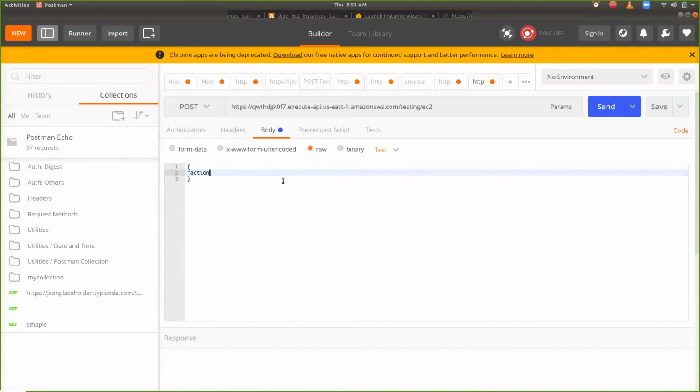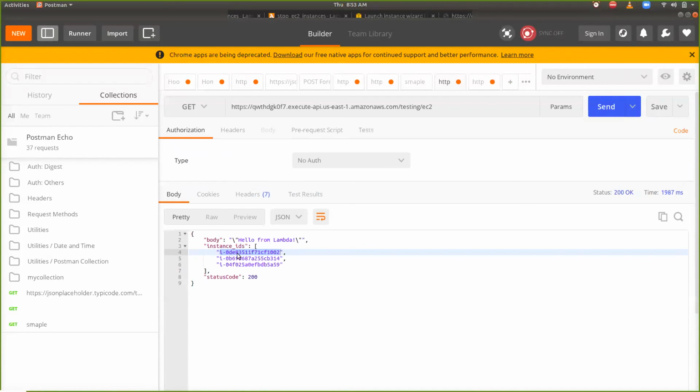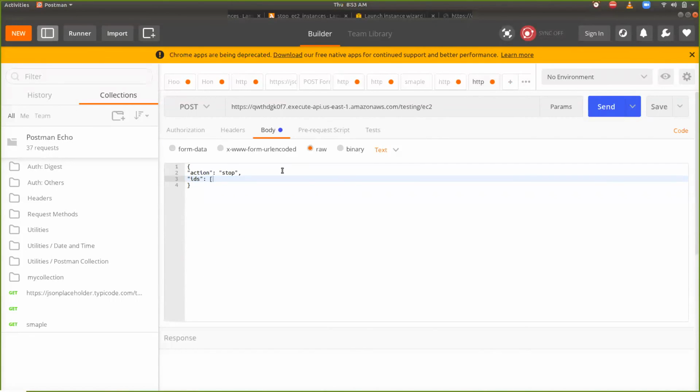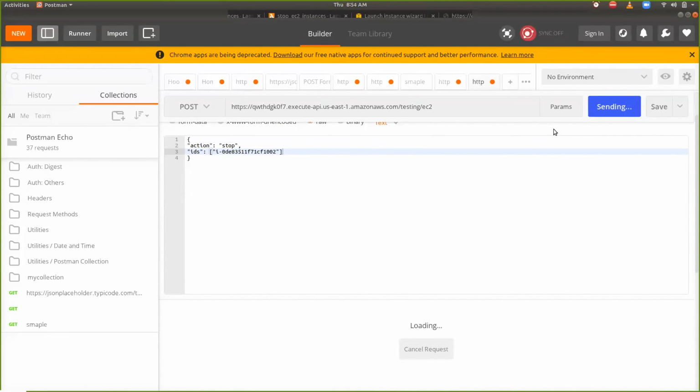I'm using action as stop, and for the IDs I'm going to pass the following IDs. You can go ahead and check the available IDs. I'm going to copy one of the IDs for testing purposes. Now you can call this API and check what happened and how this is reacting.